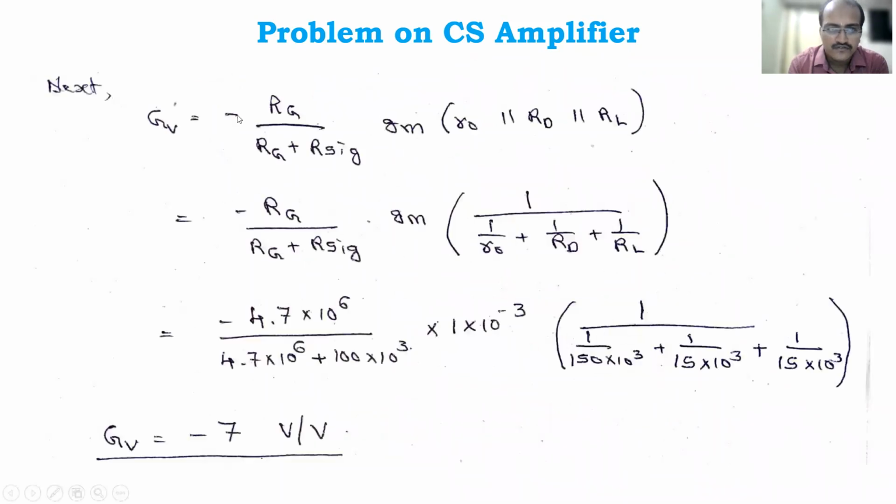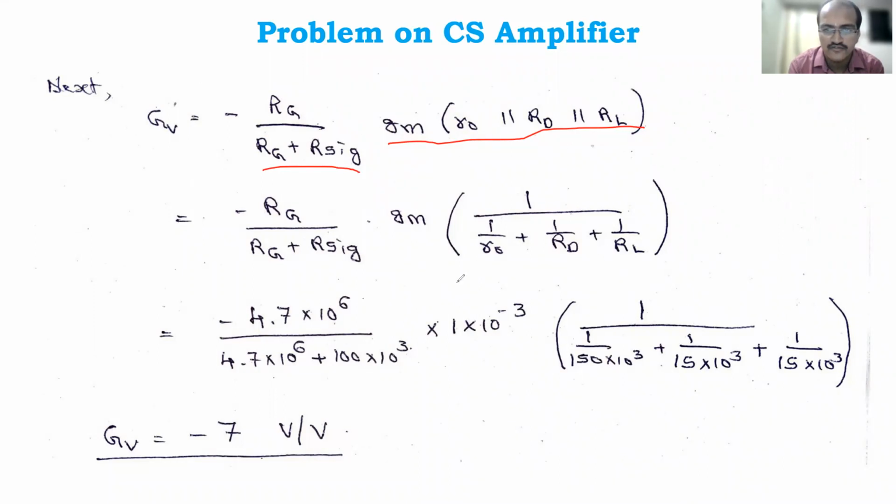Okay, so this is the formula you have. You can refer to the CS amplifier already. If you have written the notes, all these formulas are there. Okay, I'm nowhere bringing new things. So minus RG by RG plus R signal, into GV into AV voltage gain. So that AV value was minus GM R naught parallel to RD parallel to RL. Okay, considering RL as well as R signal both together, it is called overall voltage gain, and this minus sign comes from this AV, minus GM. Okay, so it is written like this.